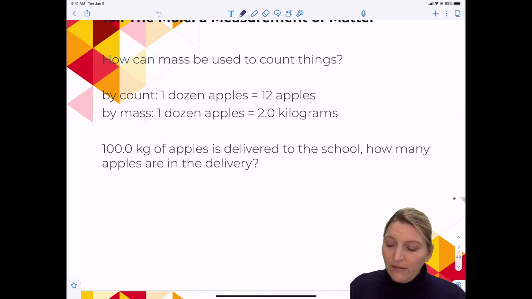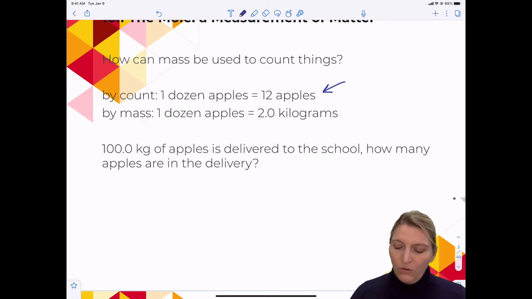In dimensional analysis, we will always have something called conversion factors. Two things that are equal to each other, but because they have different units, they have different numbers, but they're still equal to each other. So like a dozen apples is the same thing as 12 apples, but because one has the unit dozen and one has the unit apples, the numbers can be different. Or 2.0 kilograms equals 1 dozen apples. Those are two different units. Kilograms and dozen are different units, and so they have different numbers associated with them,